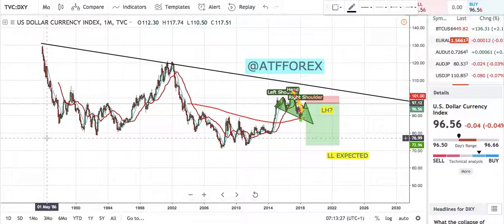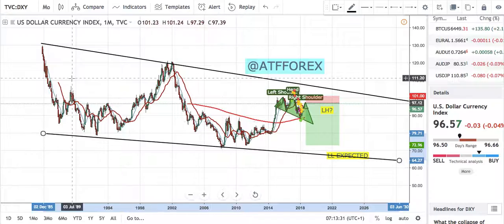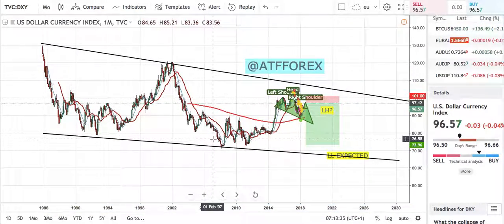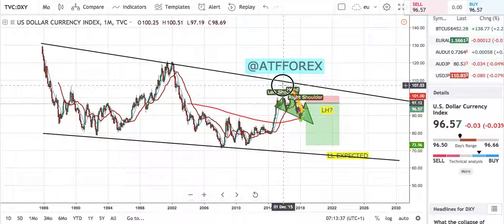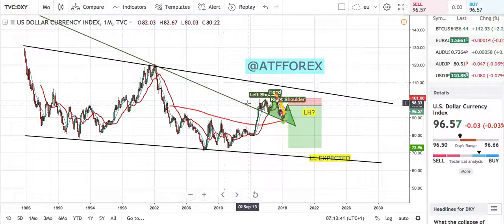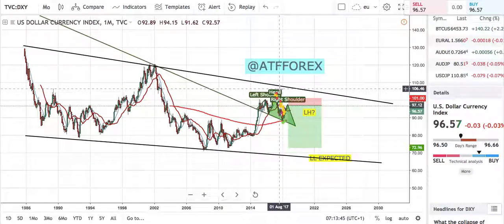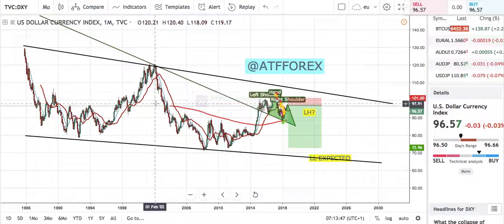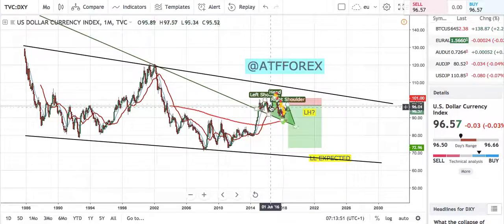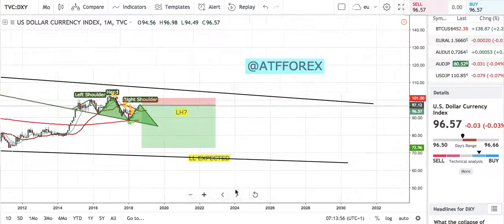We've formed a channel on this index: we've got a high, a low, another high, another low, and we're almost creating another high across this resistance line where this trend line is right now. So what I expect, and I've been calling this time and time again, is the death of the US dollar. You can see that the moving averages right now have crossed to the upside, which is why the boost has happened. However, if I zoom this in,